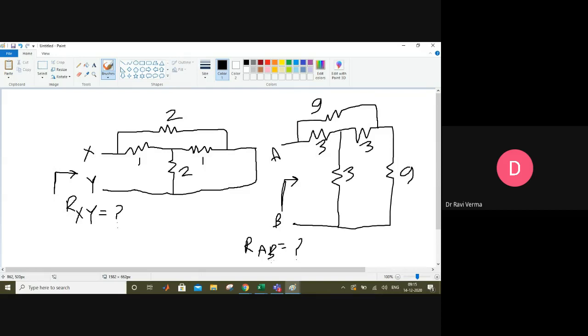Sir, please explain once more. What is the easy way for this question? You draw this diagram point to point. Suppose this is point P. 9 is coming as 2, sir. Which one? This one? 4.5. So this is P, this is your Y. So draw the discrete diagram. X to P is 1 ohm. Then X to Y is how much? X to P is 1 ohm, X to Y 2 ohm.